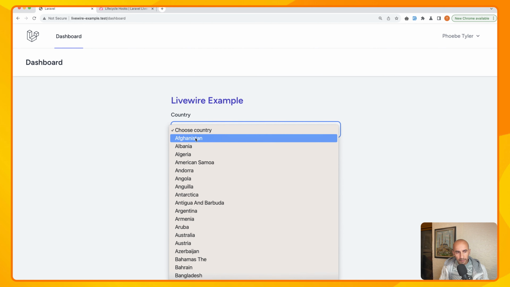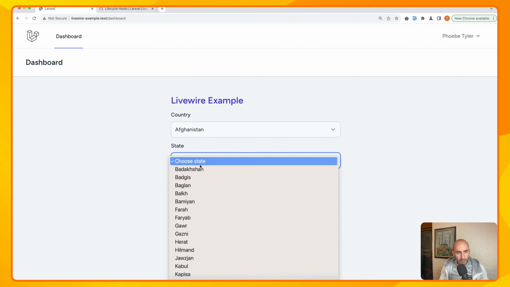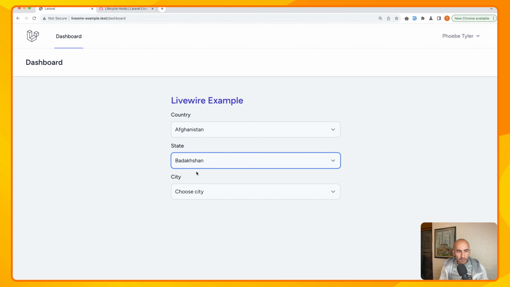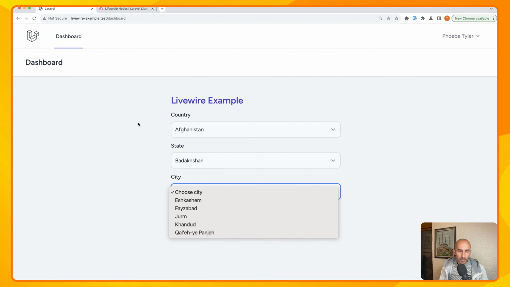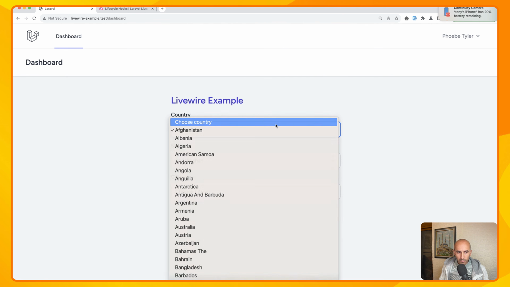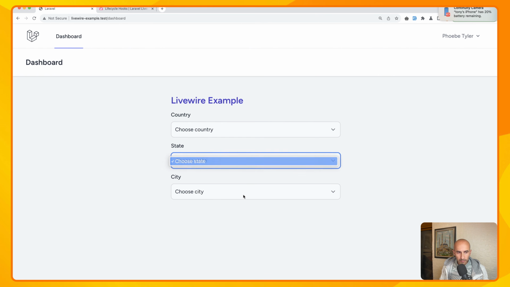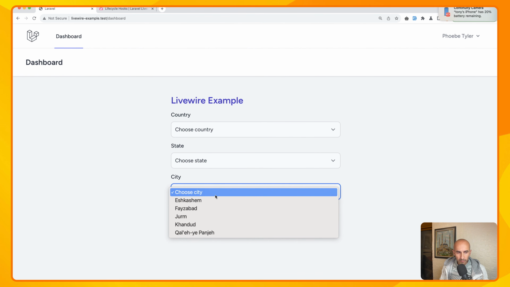Now when we select the country, it's going to show the state, and when we select the state, it's going to show the city, and then we have everything we want. This is how we can create a dependent dropdown with Livewire version 3. Now we can go further. So if I select country, yeah, now we have choose state and choose city here, and we have this city